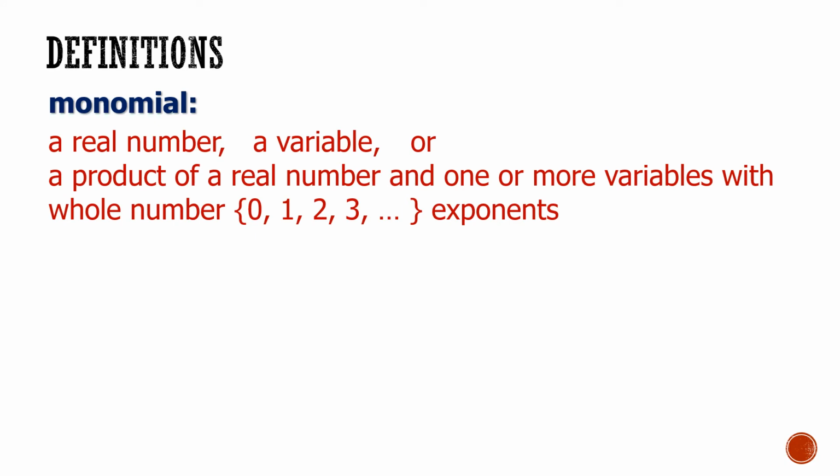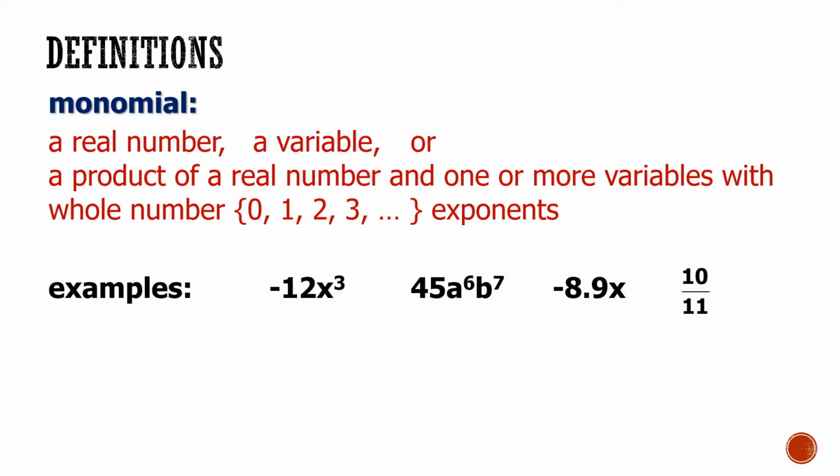Let's review some mathematical definitions beginning with the monomial. A monomial is a real number, a variable, or a product of a real number and one or more variables in which each variable is raised to a whole number exponent. Some examples of monomials include negative 12x cubed, 45a to the 6th b to the 7th, negative 8.9x, and the